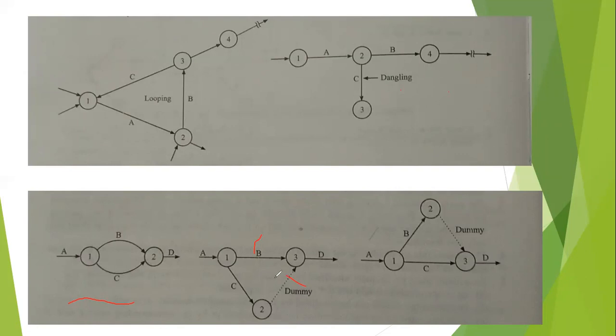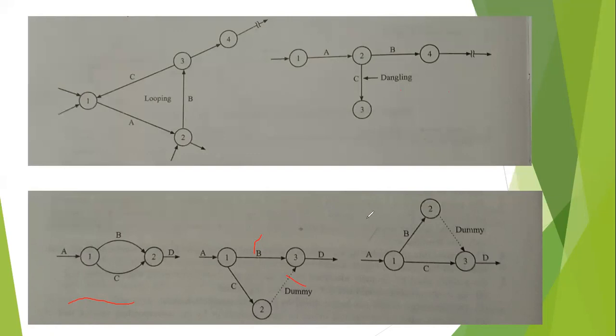Now this dummy will not have any value. It is 0. But still I am telling, okay, D will occur only after B occurs, and after C occurs, it will again go to D. So that's the meaning of the dummy here. Okay, so again the rule remains the same. D cannot start unless and until A, B and C are completed, and this event cannot start unless and until event 1 and 2 are completed. That's the meaning of this particular thing, creation of a dummy.